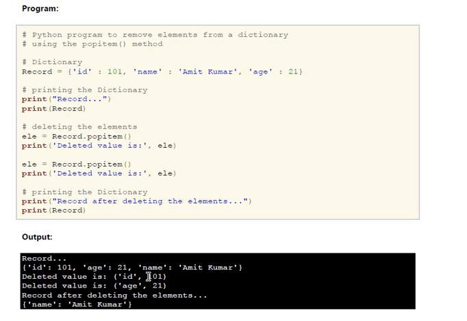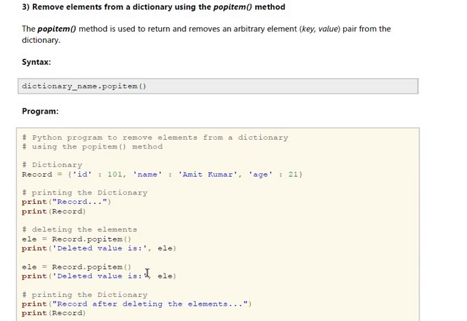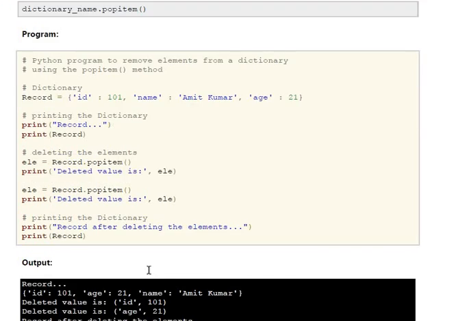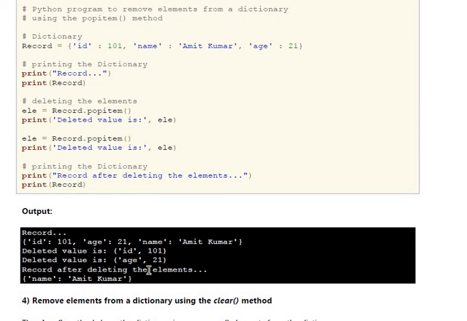Suppose I give record dot popitem, so what will it do? It will remove the particular element starting from the first. So first I give record dot popitem. What will it remove?